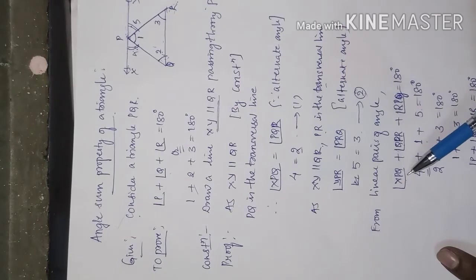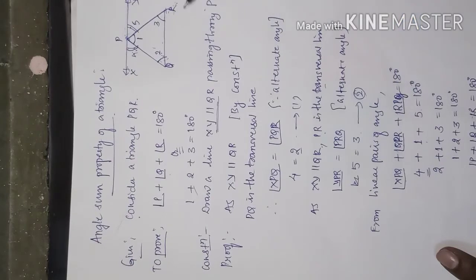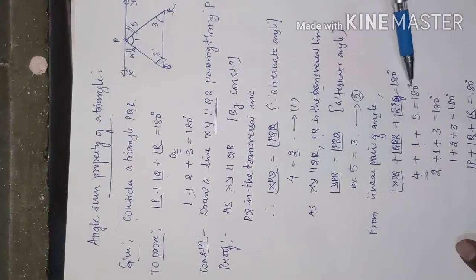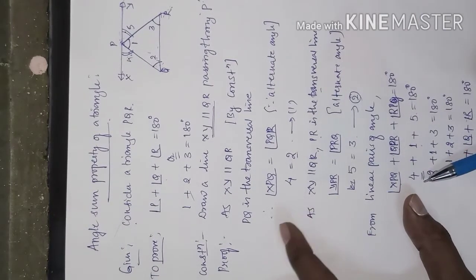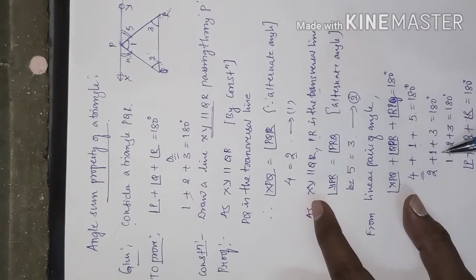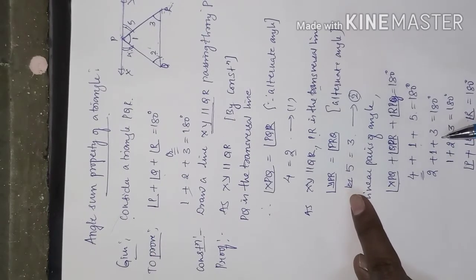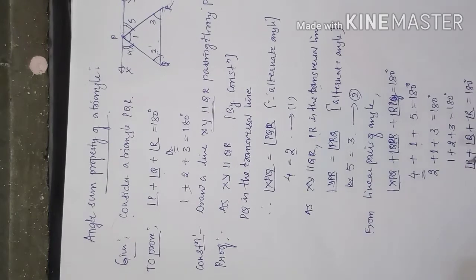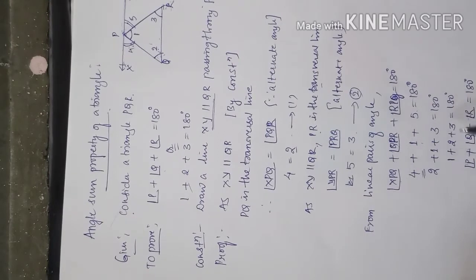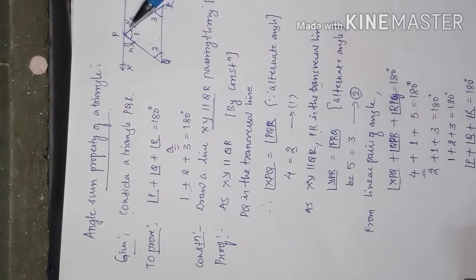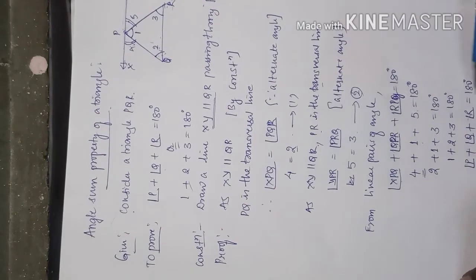So angle XPQ is what? Angle 4, here it is. Angle QPR is angle 1. And angle RPY is angle 5, which we mentioned here, and the sum is 180 degrees. We know angle 4 is equal to angle 2, and angle 1 I kept as it is. Angle 3 is equal to angle 5, so in place of 5 we write 3. So angle 1 plus angle 2 plus angle 3 is equal to 180 degrees. Angle 1 represents P, angle 2 represents Q, and angle 3 represents R, which equals 180 degrees.